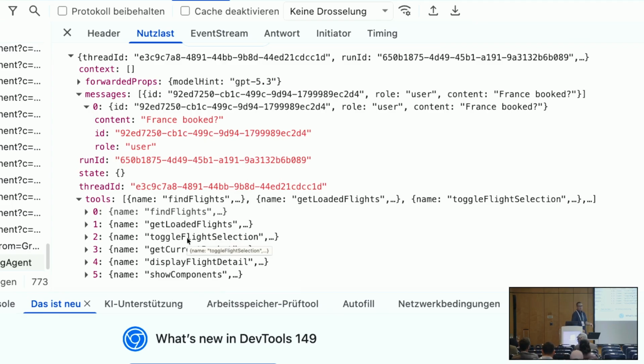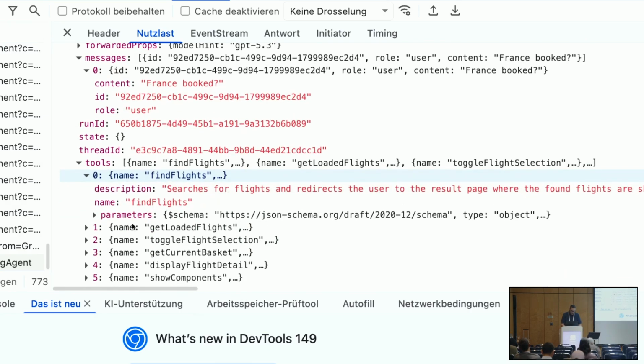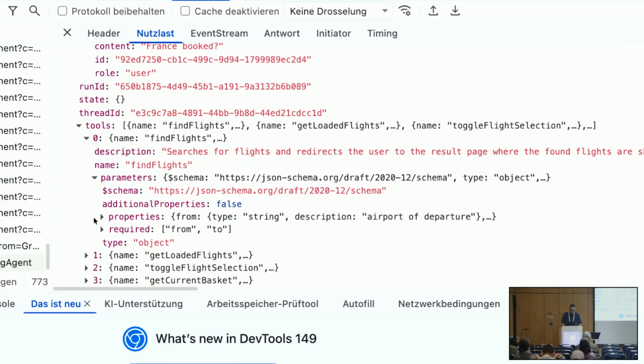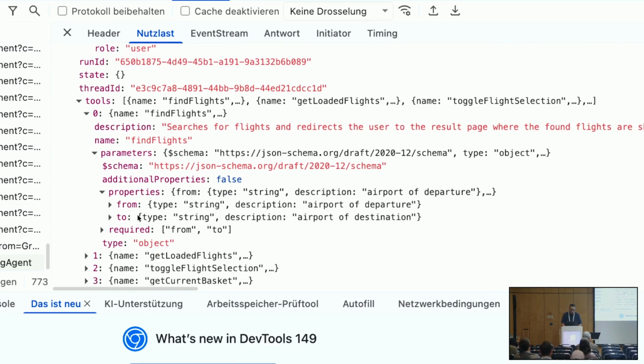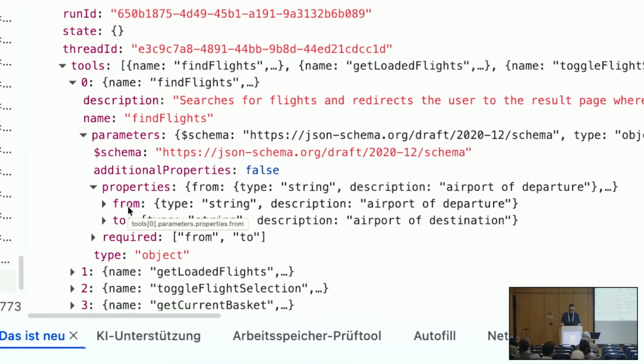Metadata that also consists of a JSON schema that describes the parameters of my tools and the inputs of my components. So if we look into find flights, here there is a free text information, but regarding the parameters, we have a JSON schema telling the AI, hey, you can provide from and to, both is a string, here you have a description.